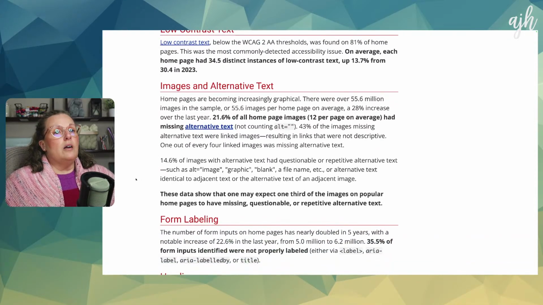So images and alt text. Home pages are becoming increasingly graphical. There were over 55.6 million images in the sample, or 55.6 images per home page on average, a 28% increase over the last year. 21.6% of all homepage images, 12 per page on average, had missing alt text, not counting an empty alt attribute with an empty string. And this is really important because